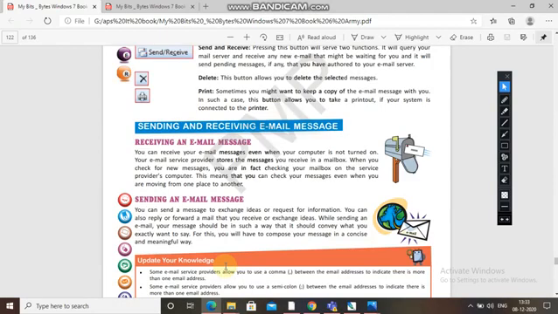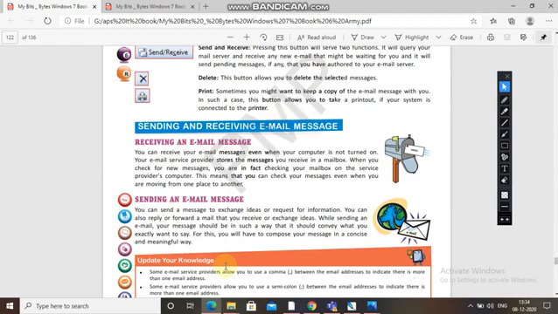You can also see, while sending an email, your message should be in such a way that it conveys what you exactly want to say. Okay? So you won't use a typical way to write the message. Simple way, simple words, so that a person who is reading your mail should understand the thing or the message which you want to say. For this, you will have to compose your message in a concise and meaningful way. Okay.